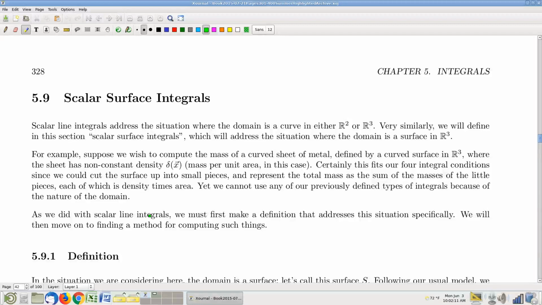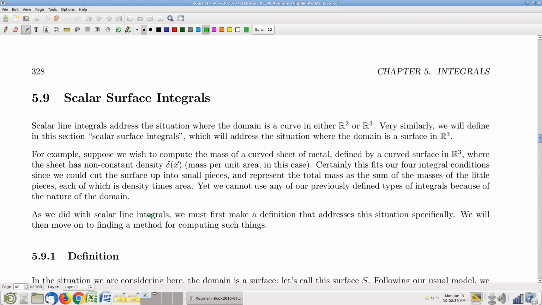Okay, so last time we were talking about line integrals, right? And then I modify the term slightly. I talk about scalar line integrals for reasons that will really not become entirely clear until we talk about a completely different kind of line integral today, actually. That is not the same as a scalar line integral. Okay, anyway, so scalar line integrals is what we talked about previously, and now we're gonna do a pretty expected